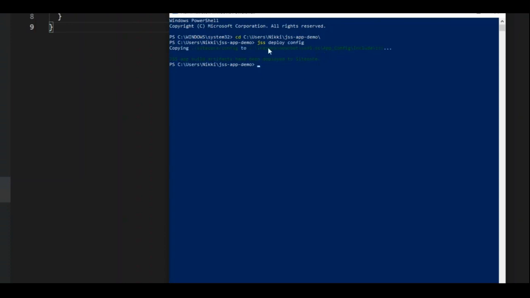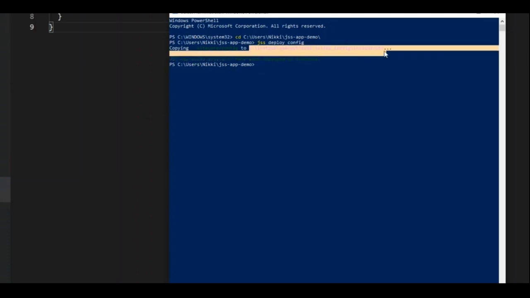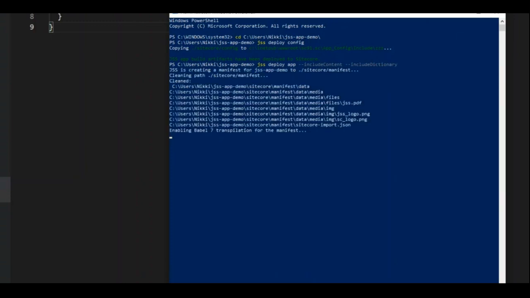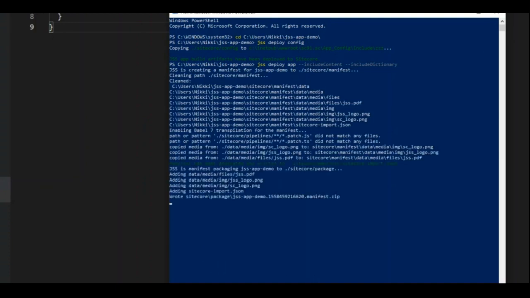It is updated based on the JSS config section. If you go to the path and see, you will find the details. Now I am deploying the application, including content and including dictionary. So I am giving jss deploy app, including content and dictionary.